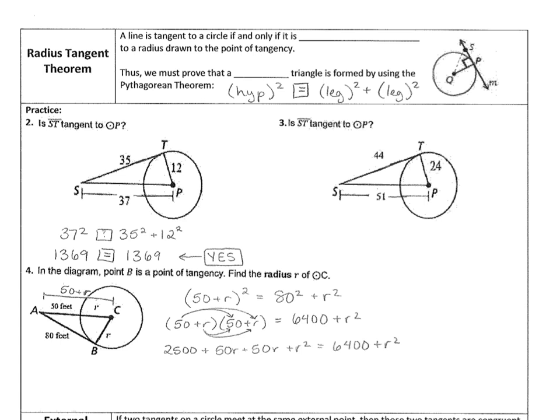So remember, the tangent line was that line that just comes in and barely touches the circle. So we did that one in yellow if you're trying to keep the same color scheme. A line is tangent to a circle if and only if it is perpendicular to a radius drawn to the point of tangency. So if we look at the image here, if we have this radius and a tangent line I've drawn,